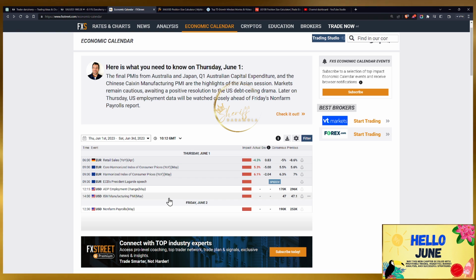But from the previous data we have 47.1, which is not something positive actually, and we have a consensus projection of 47 today, which is a little bit on the lower side too, and it's a sign that we have some level of contraction in the market. So we are going to be looking forward to what the actual data is on that one too, and also see how the market is going to be anticipating this event.